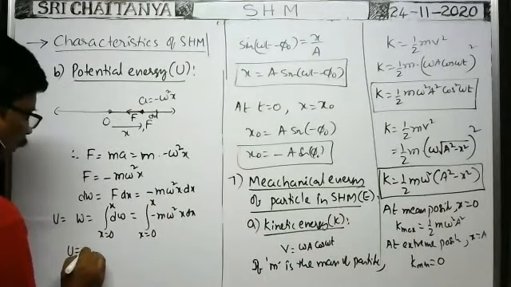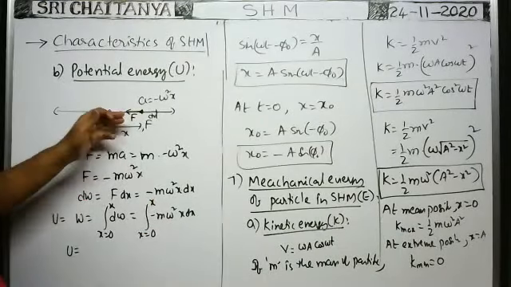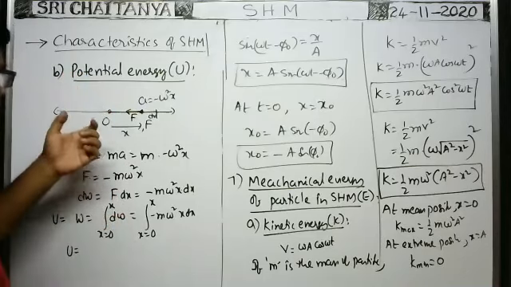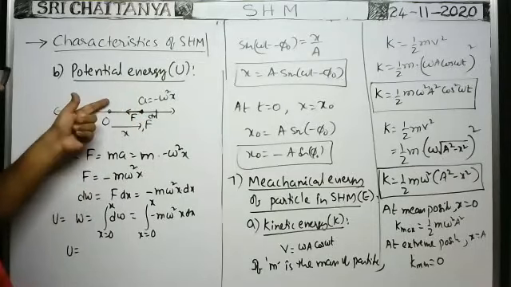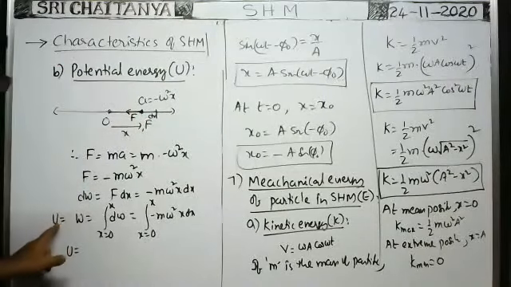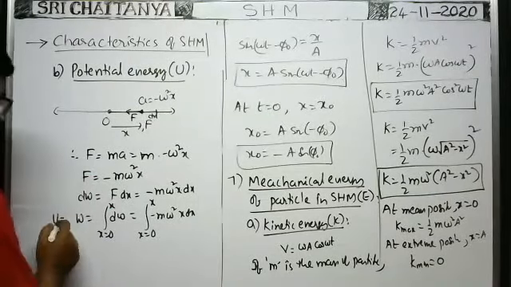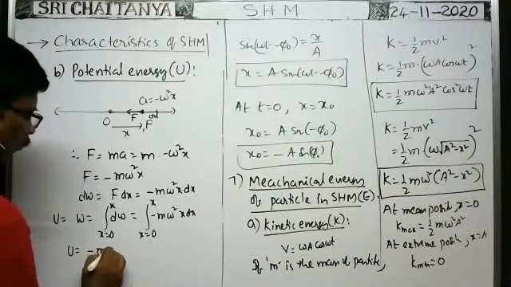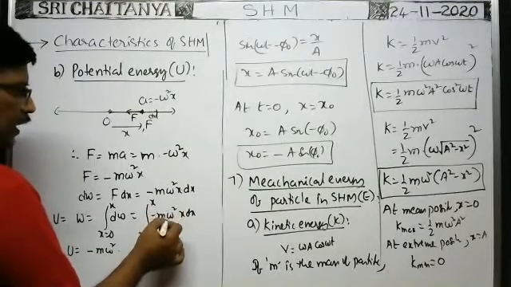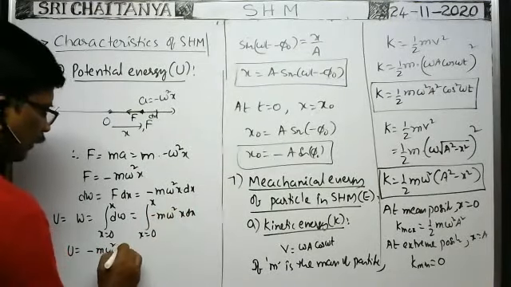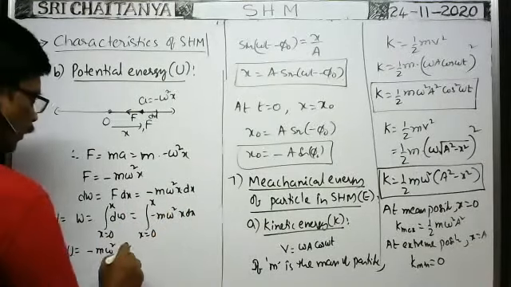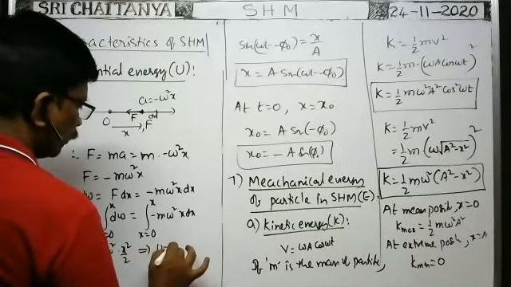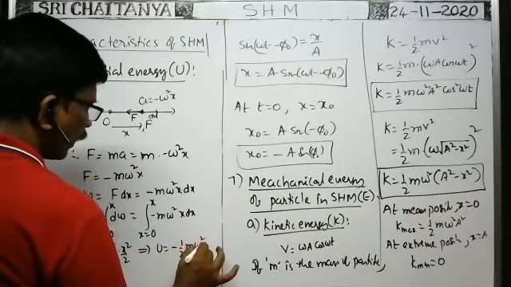Therefore, potential energy is equal to the total work done in displacing the particle from x equal to 0 to x equal to x distance. That work done in displacing the particle through a distance x against the restraining force on the particle is stored in the particle as potential energy. That's why this work done is equal to potential energy, which is equal to minus m omega square into, this is constant, then integral x into dx. When you do integration, you will get x square by 2, even if you substitute the limits, you will get this only. Therefore, U is equal to minus half m omega square into x square.